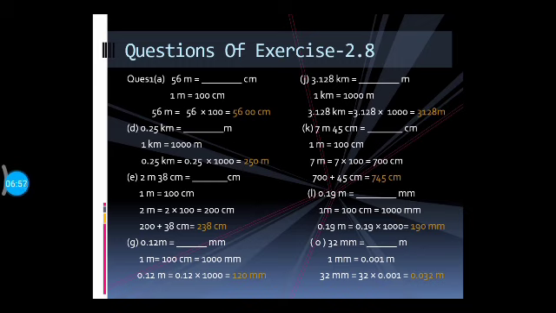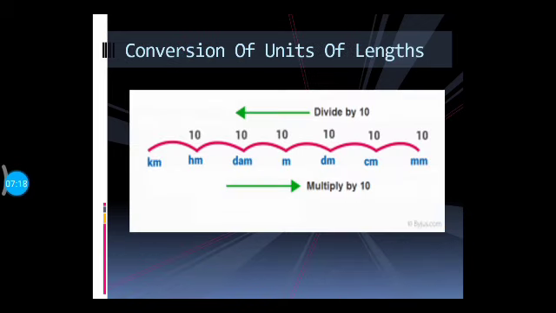Okay, as we have seen the chart earlier, just keep recalling that phrase, King Henry died, uncle didn't cry much. The base unit is represented by uncle, and I have to go to centimeter. That means from meter I have to go to centimeter. I have to go downwards from bigger to smaller unit. And how many times do I have to jump? 2 times. That means I have to multiply by 100, or you can multiply with 10 2 times.